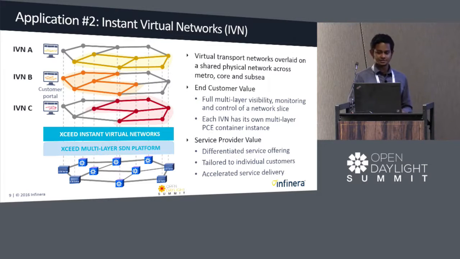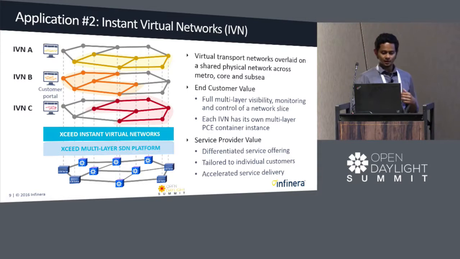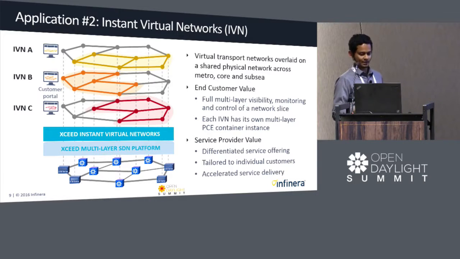This network slicing is very powerful, and we did that also on the ODL Open Daylight platform. And for all of these, if you think of the earlier examples, the bandwidth on demand and the network virtualization, for both of these we use IETF network models, and I'll talk about that a little later. So in these cases, the user can come and create a network or a slice of a network,